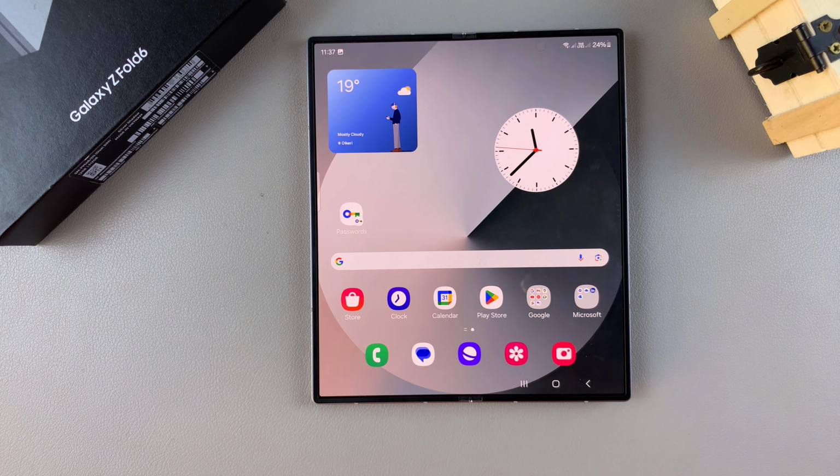Welcome back, and in today's video, I'll be guiding you through the process on how you can add text shortcuts to the keyboard of your Samsung Galaxy Z Fold 6. So start by opening Settings,